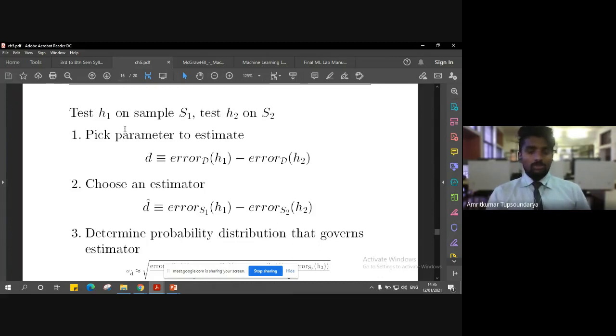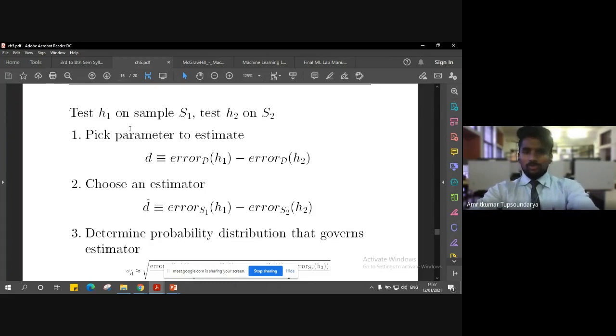In the binomial distribution, we discussed an example with respect to tossing a coin, if you recall, and then we computed the probability distribution for that example. Similarly here, in understanding the difference between the errors of two hypotheses, we are going to use the probability distribution for the estimators.